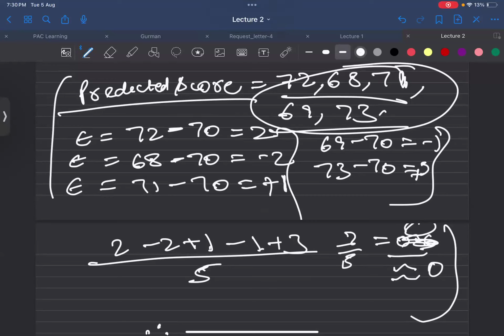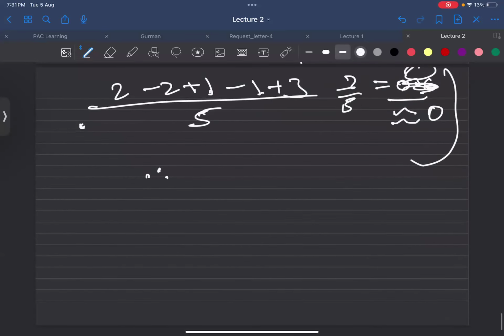Yes, there's variance here. You were thinking that if the expectation is 0, then all the points are 0, that the actual is equal to the predicted. The actual is not equal to the predicted. There is some error, but the expectation of that error is equal to 0. Do you get my point? Yes, ma'am. So variance is how much that noise is spreading out.